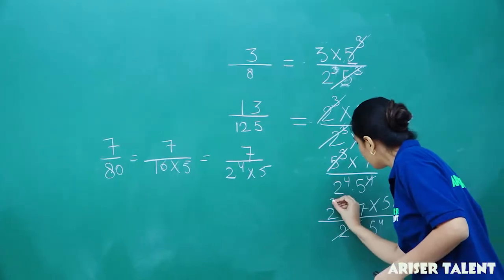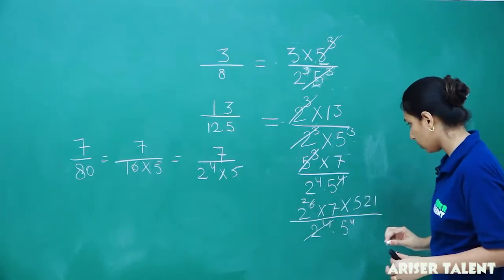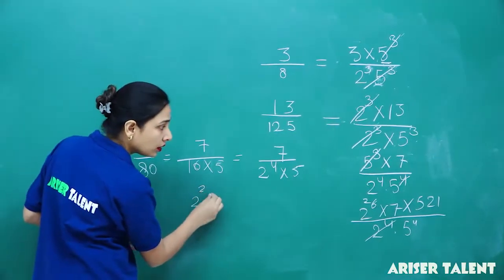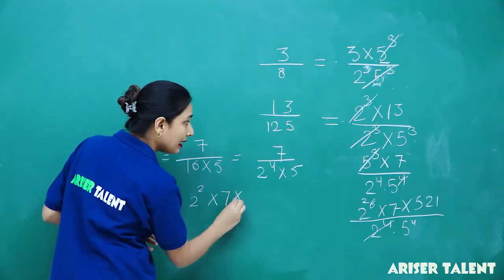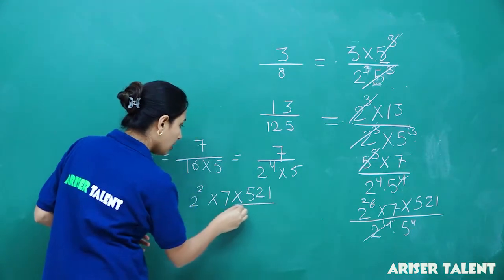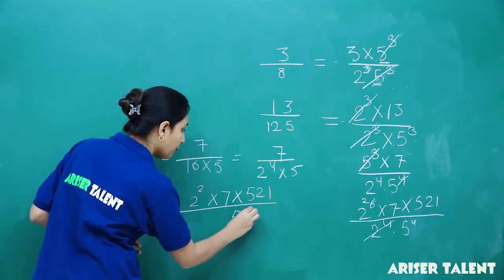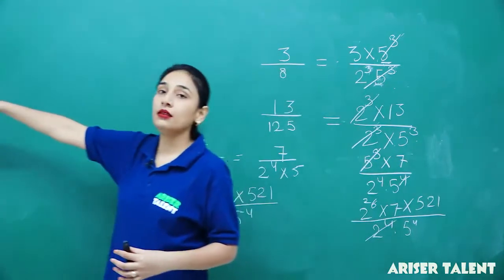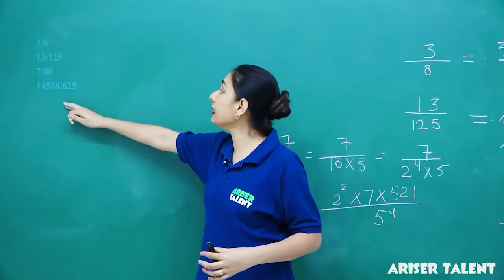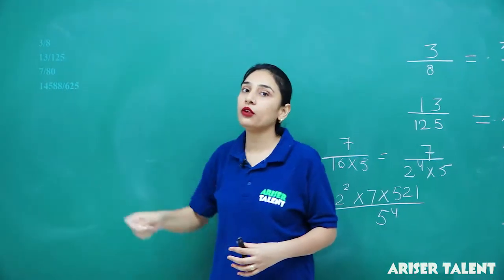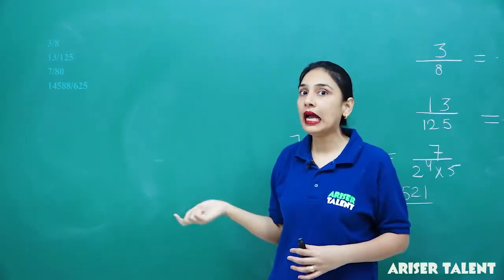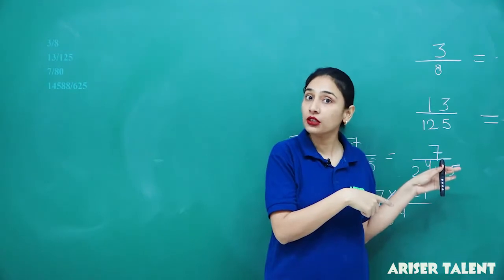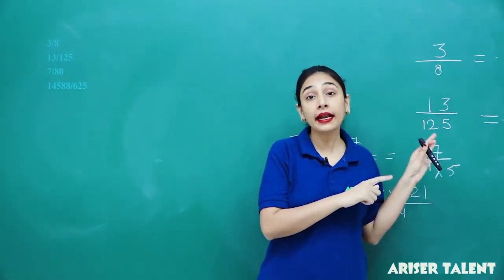This will cut this by 2 times. Now 2 raised to power 2 multiplied by 7 multiplied by 521 upon 5 raised to power 4. Now when you solve this, it will be 14588 divided by 625. So what I have done is taking the results from the previous section,